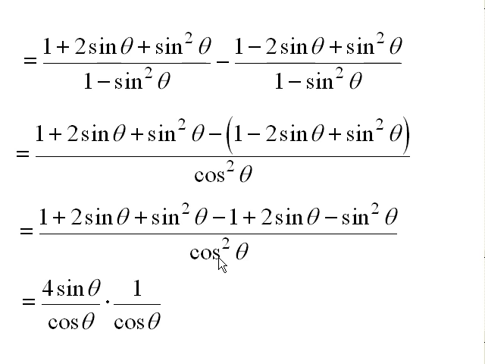Remember, the original identity to establish had tangent theta and secant theta on the right-hand side. Tangent theta is sine theta over cosine theta, and secant is 1 over cosine theta. So I'm going to write my cosine squared in the denominator split up so that I can account for the tangent factor and the secant factor in that original identity. And with that, it matches what was given as the original right-hand side of this identity.